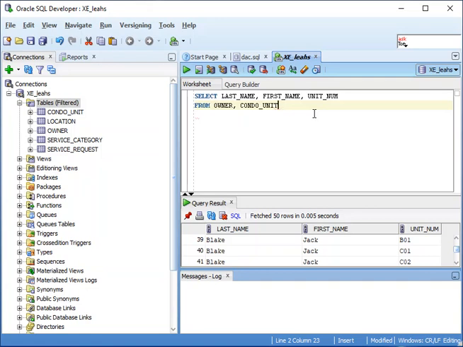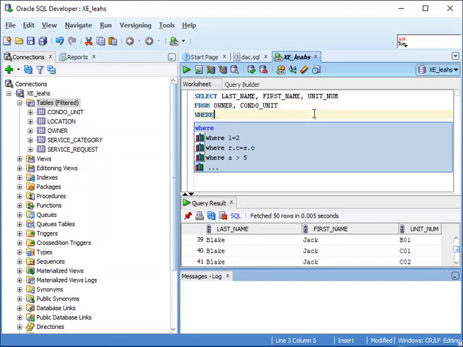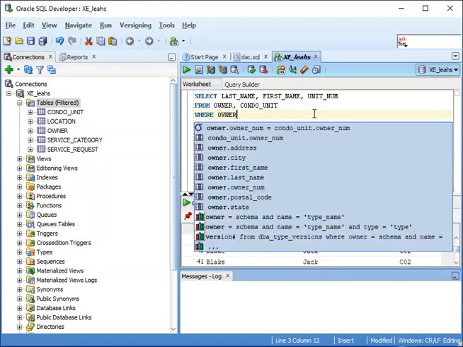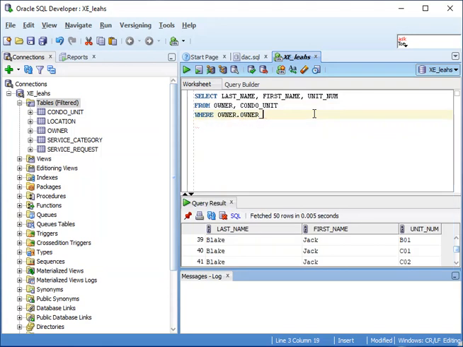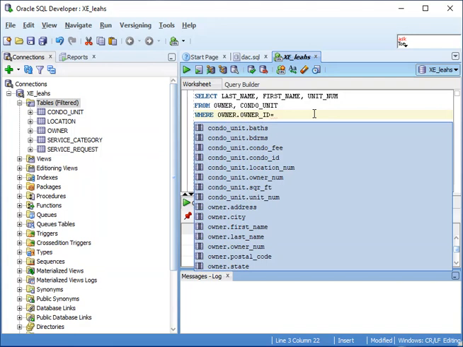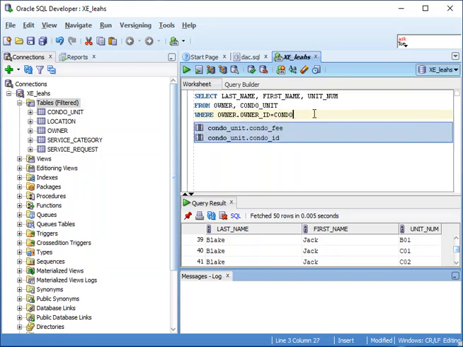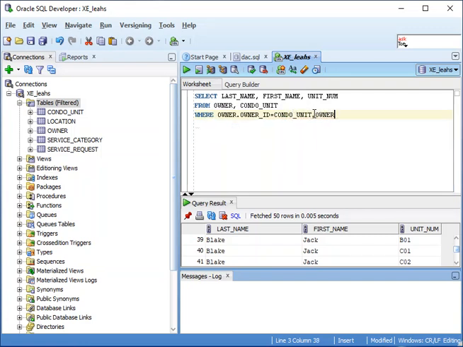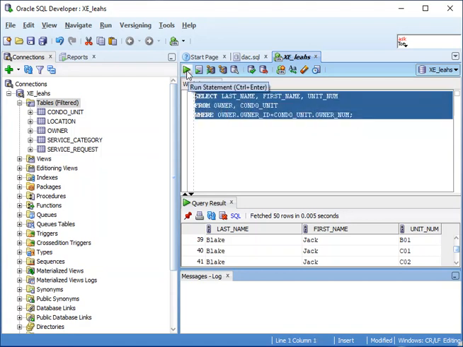And so what we're going to do is write a where statement, and we're going to say where the owner ID in the owner table is equal to the owner number in the condo unit. So condo unit dot owner num. And so what it does there is it allows you to match up these tables, saying pull this info from these two tables where the owner ID in one table matches that foreign key field in the other. So assuming I have no